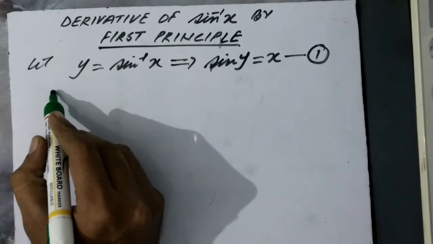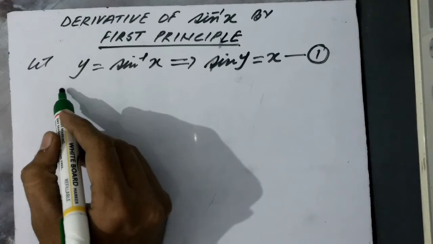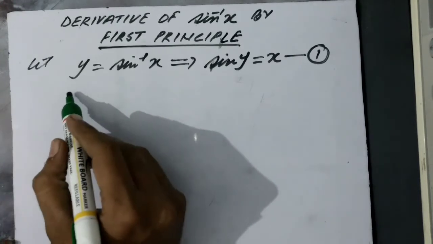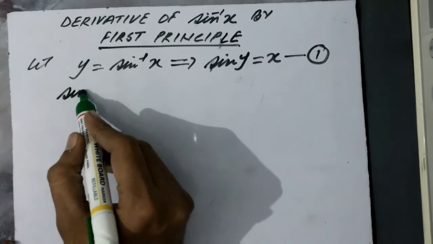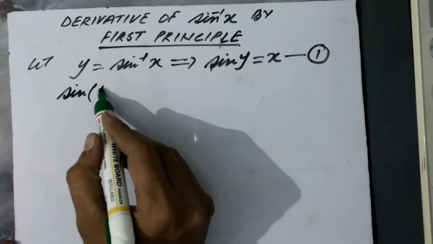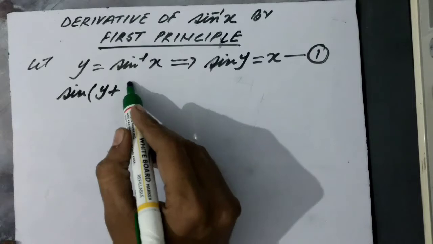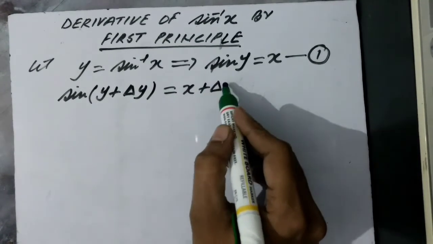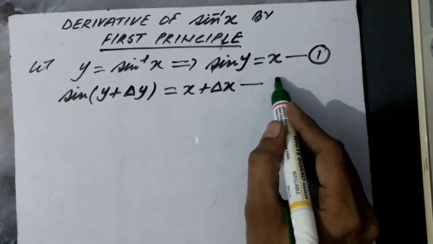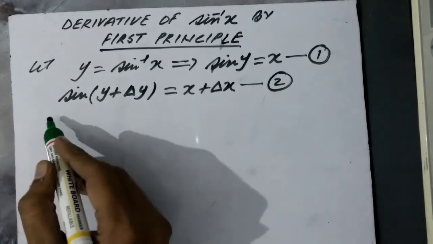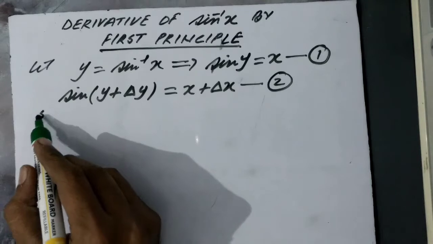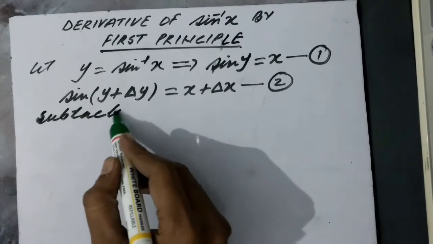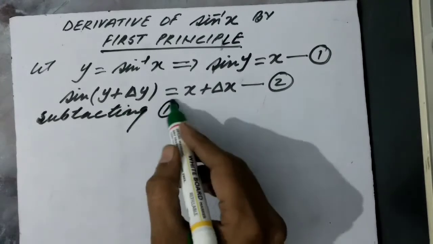Now, if delta x is the increment given to x and the corresponding increment in y is delta y, so we have sine of y plus delta y is equal to x plus delta x. Let it be equation number 2. Now subtracting equation number 1 from 2,